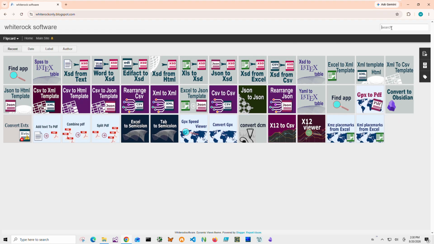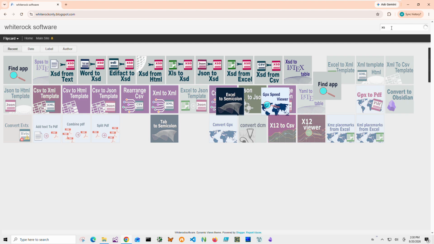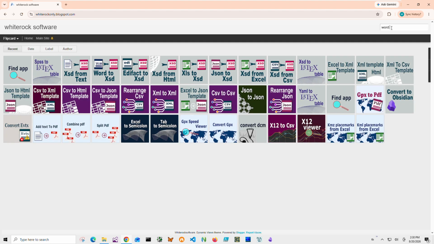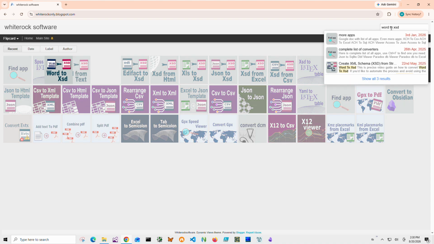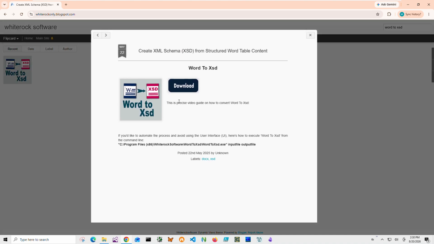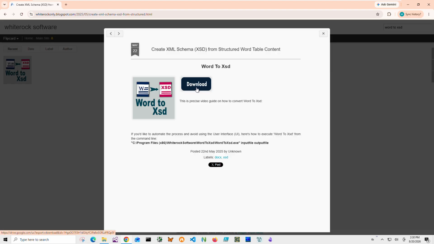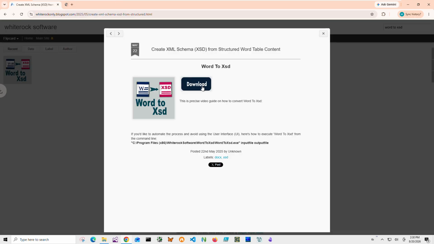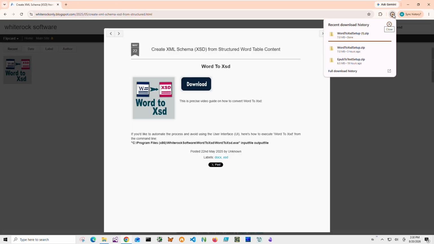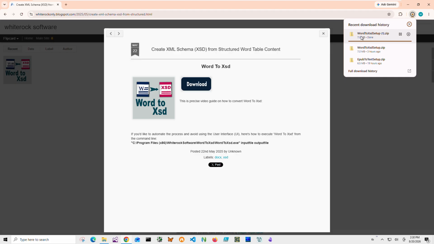To find the application, I'll click on search and type XSD, Word to XSD, right? And on this page, click on download. Wait until the archive is downloaded on my local computer, which is momentarily. And I will click on the downloaded zip file,